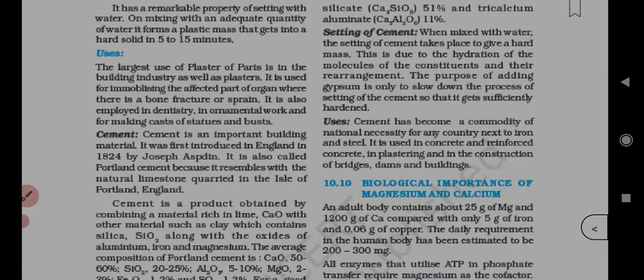एलुमिना Al2O3 5 to 10%। MgO मैग्नीशियम ऑक्साइड 2 to 3%, आयरन ऑक्साइड 1 to 2%, SO3 1 to 2%। सो ये आपको लिख कर पेस्ट कर लेना है। तो फिर भी मैं एक रफ स्केच देती हूँ कैसे याद रखना है। कैल्शियम ऑक्साइड मेजर होता है, मेजर मतलब 50 to 60%। अब SiO2 मतलब मिट्टी, सैंड कितना होगा, सिर्फ 20 to 25%।